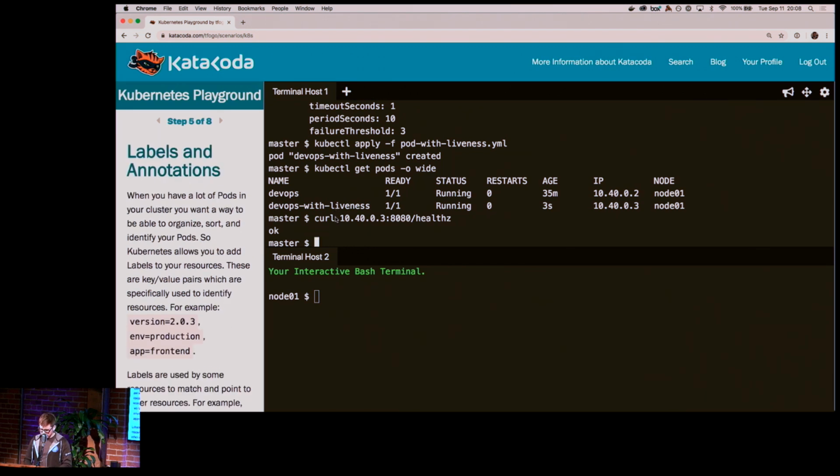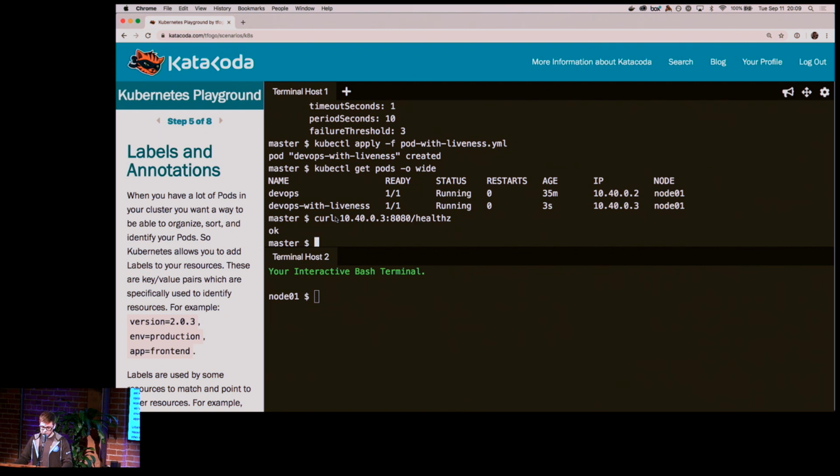Okay, so we've got 2 pods so far. That's a lot of pods. I'm finding it really difficult to keep track of my pods. Maybe 2 is not too difficult for you. Maybe when you get to like 1,000 pods or 10,000 pods, you're starting to find it's really difficult to keep track of things. Well, luckily enough, we've got something called labels and annotations to help you keep track of the